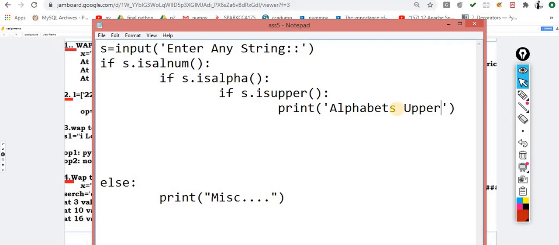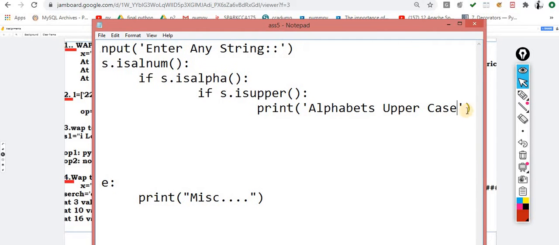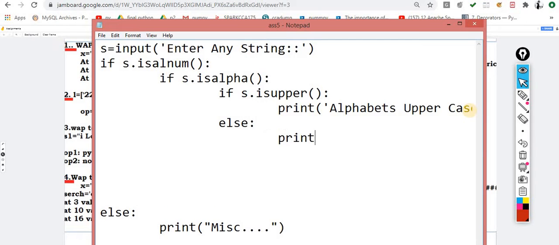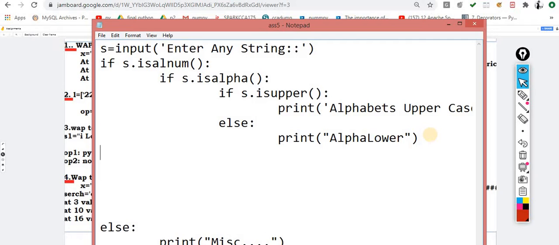If this condition is false, definitely it is lower, so I am writing alpha lower, that means alphabets in lower case. I am not writing the complete sentence.